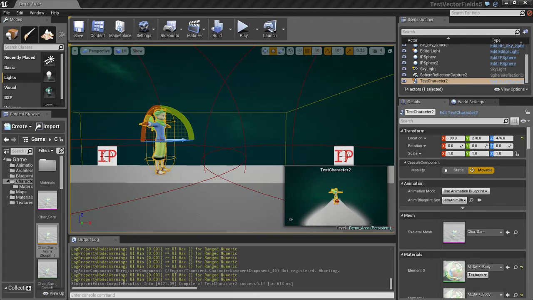Where's it gone? Or forgot to save. Nope. Interesting. Don't want to set it to editable because that makes it